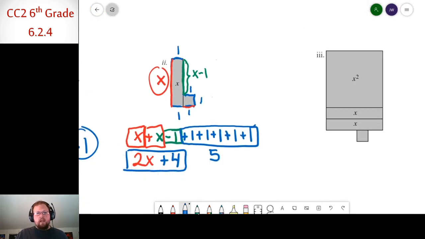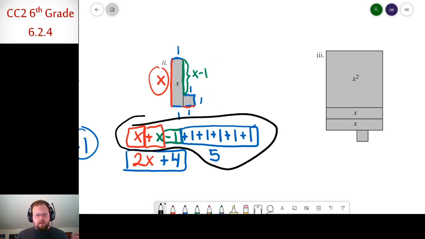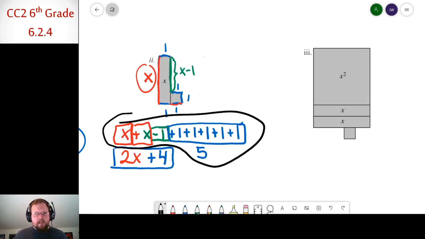So you've got the distance around the entire shape that you're dealing with, and then you start simplifying it by combining like terms. Now, you can do this in any of these expressions, and you could even combine like terms ahead of time before you write out this horribly long expression, especially as these problems start getting more complicated. So I will leave part 3 up to you as an exercise, but I will tell you that this bottom side